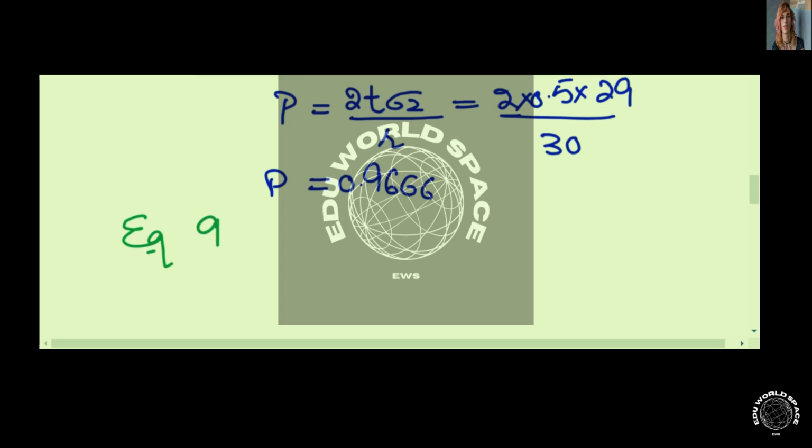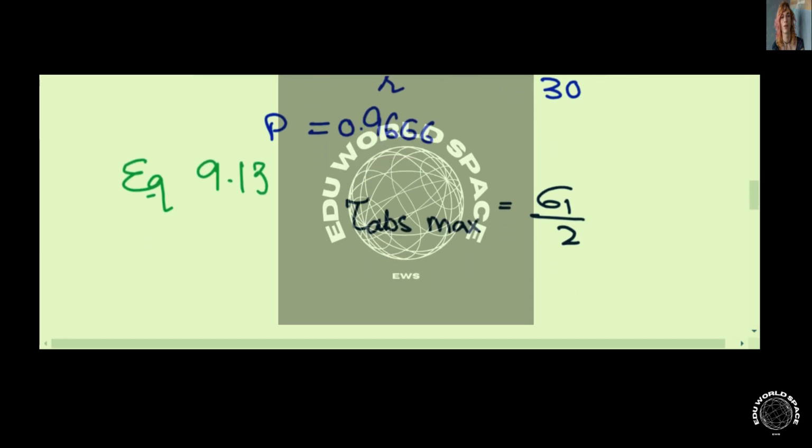Since these two principal stresses have the same sign, we need to use equation number 9.13, and it gives us the absolute maximum shear stress. So the absolute maximum shear stress is equal to sigma sub 1 divided by 2. Plugging in the value of sigma sub 1, we have 58 divided by 2, and that is equal to 29 ksi. So this concludes